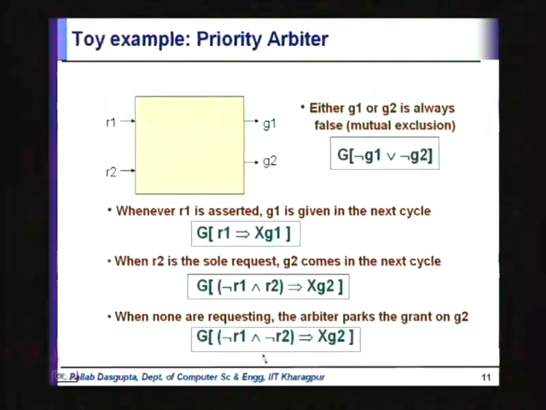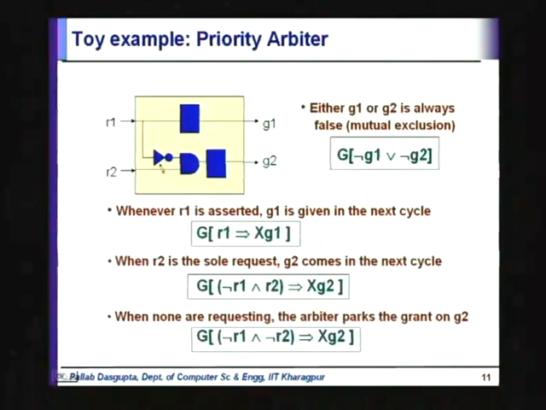Alright. So, this says that whenever none of them are requesting, then next cycle G2 should get the grant. Now, suppose someone has given us this implementation. The RTL designer has coded this implementation. What does this implementation have? It has 2 flops, an AND gate and a NOT gate. Okay. Now, let us see whether these properties hold on